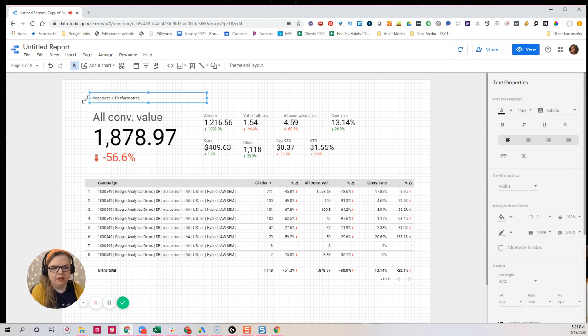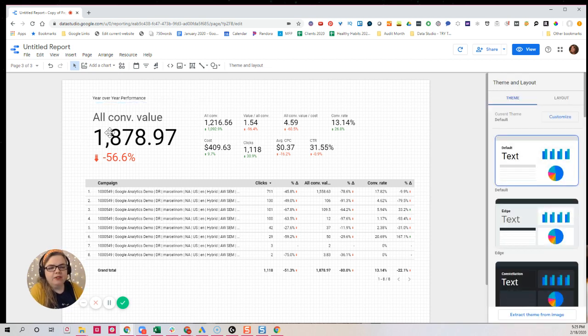Year over year performance. So year over year, our conversion value is down 60%, which is not great, right? All conversions are up 1,000%, and the value of all conversions is down 96%. So what this is telling me right away is that there's probably a change in what is counted as a conversion. Probably new conversion metrics were added, new conversion mechanisms were added,